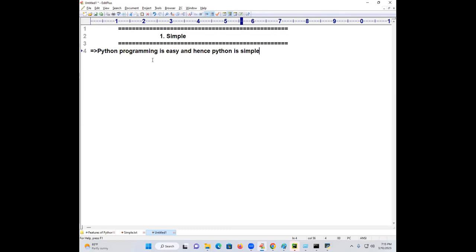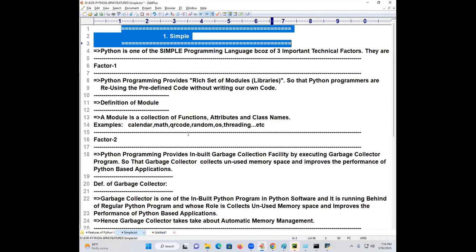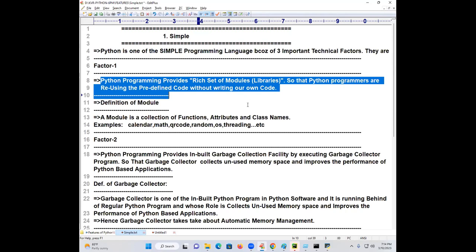But those who expect the actuals, the internals of the subject, this class is most suitable. If you want to look at that type of poor statements, this is not clear. This class discusses deeply every coding, every part of it. Is it correct or not? After attending my class, attend other classes once and you will come to know. Then they will say this sentence, and immediately you will look at the faculty, how simple the faculty is. See that sentence and see this sentence. Why is Python simple? I said number one, number two, number three. I hope you understood this.